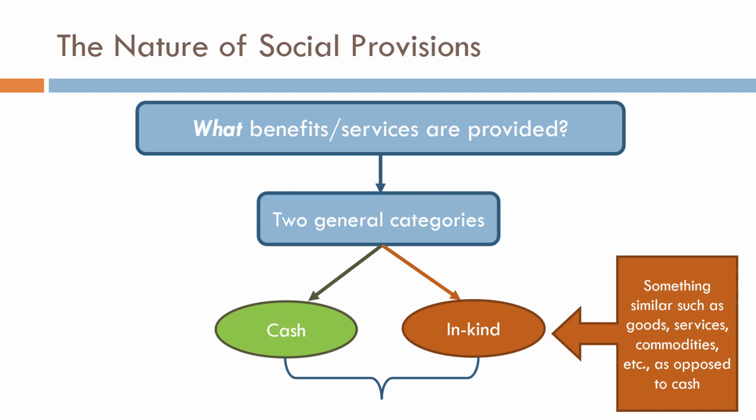Both of these, however, involve the question of transferability, which is the extent to which the benefit allows for consumer choice or consumer sovereignty, if you will, what we would call the client's right to self-determination. So I'm going to go over cash and all the different types of in-kind benefits. And when I do that, we'll go over values as well as this idea of how transferable the benefits are.